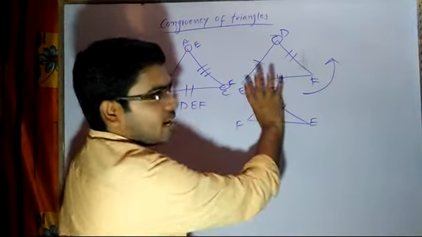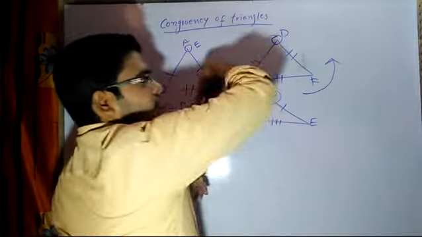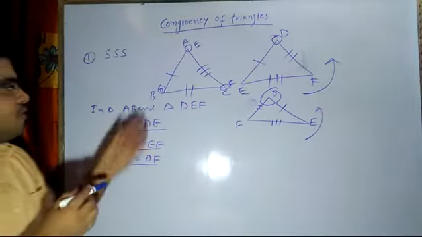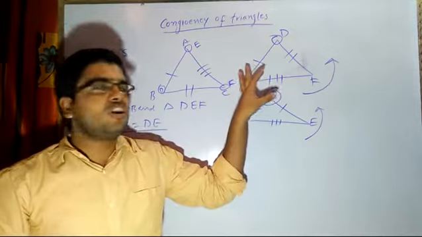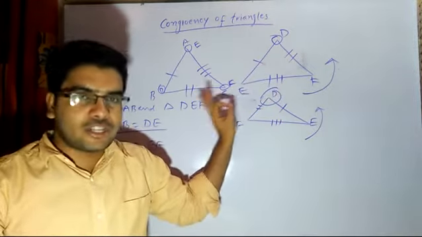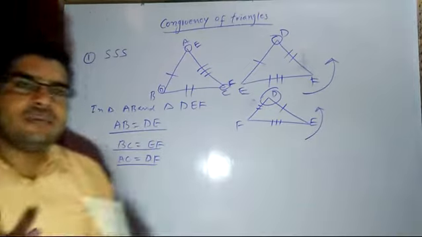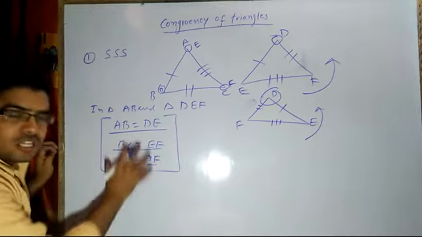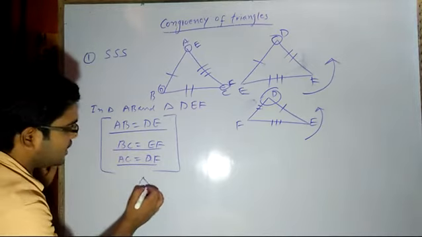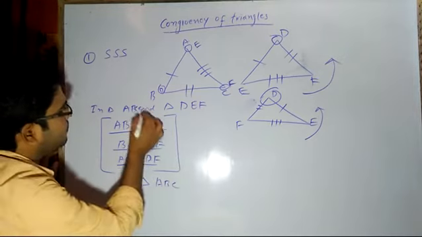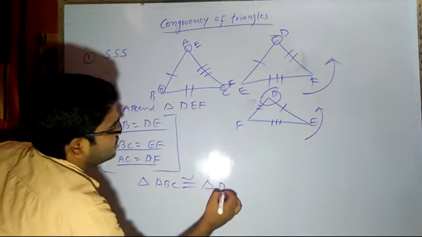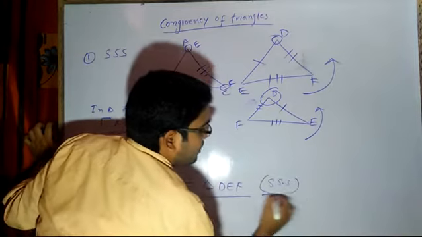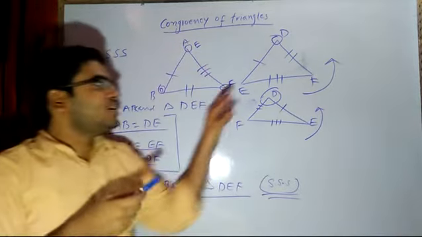You try to understand this triangle. I will take it out and then I will rotate like this, and then I will do the anti-clockwise rotation. Then obviously I will get the same figure. So you are not supposed to do all these three things that I told you right now while calculating. The only method you have to apply is you have to see whether all the three sides are equal. If all the three sides are equal, then we can say triangle ABC is congruent to triangle DEF. That's all. By which criteria? So side criteria.